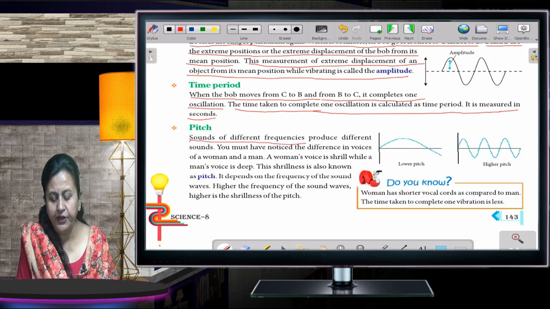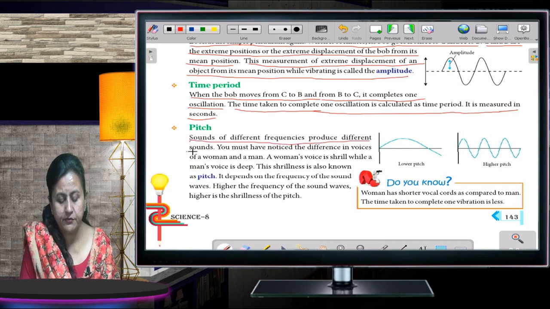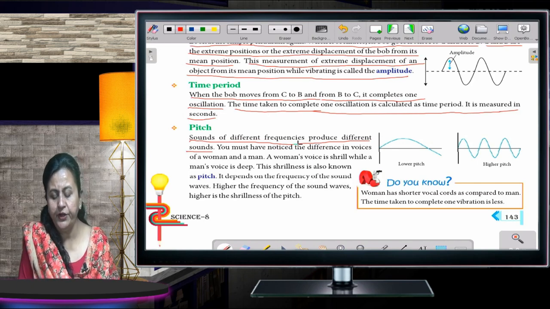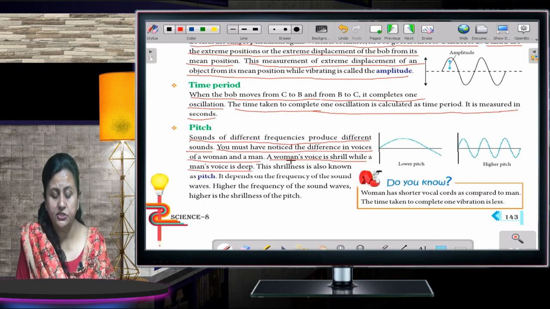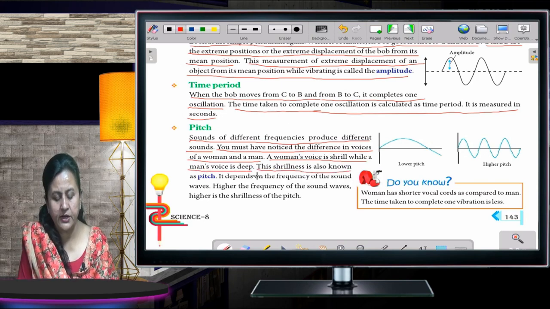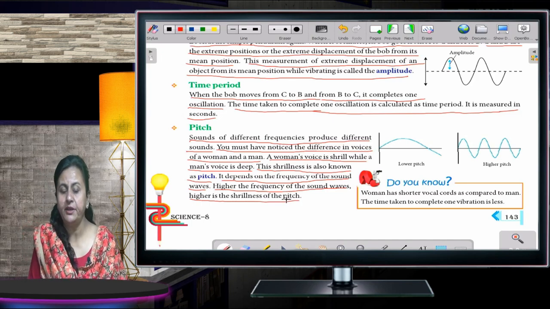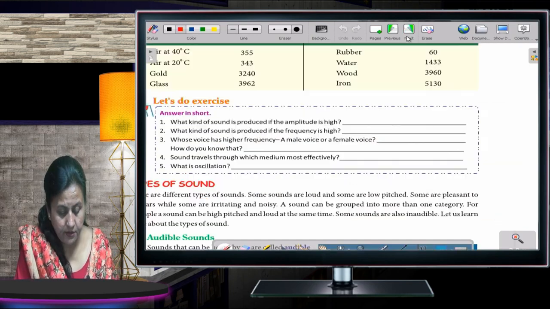Sounds of different frequencies produce different sounds. You must have noticed the difference in voices of a man and a woman. A woman's voice is shrill while a man's voice is deep. This shrillness is known as pitch. It depends on the frequency of the sound waves. The higher the frequency of the sound waves, the higher is the shrillness of the pitch. Okay. Now,